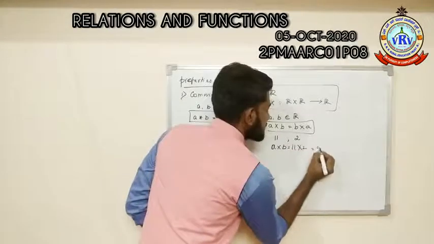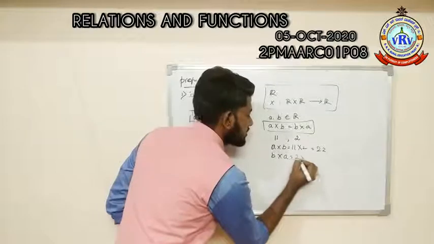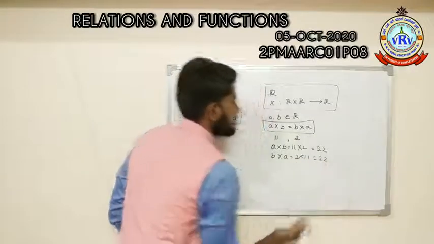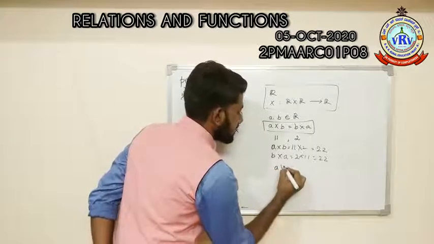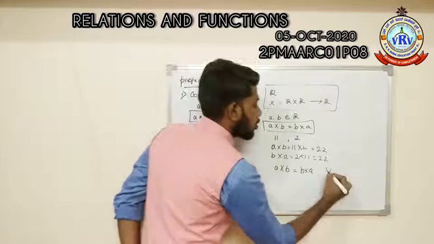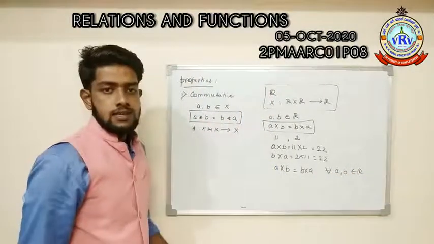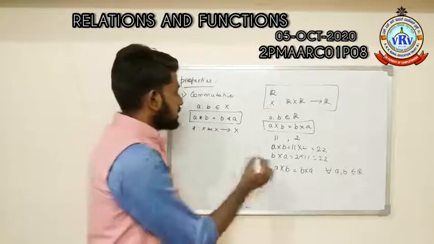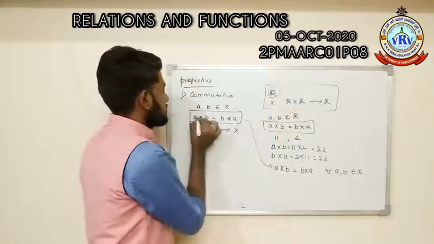The answer is 22. And on the right hand side, B into A is 2 into 11. The answer is also 22. Therefore, in this multiplication, A into B is equal to B into A for all A, B which belong to the real number set. Right. So it is satisfying this condition under the set R under the operation